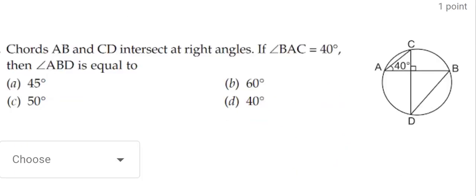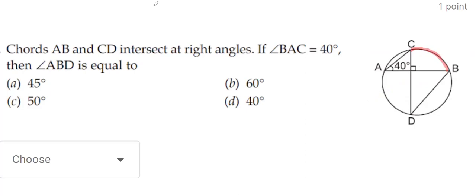In the next part, we are given chords AB and CD. And you can see the chords AB and CD are intersecting at this point. Further, it says angle BAC, this angle, is given as 40 degrees. And we have to find this angle, that is ABD, right? So first of all, you need to see that this angle, that is 40 degrees, which is given, is made by this arc,